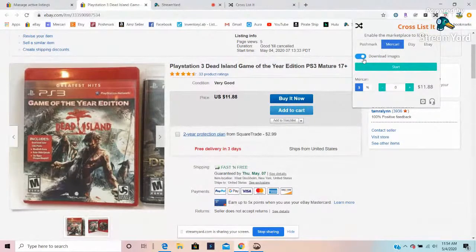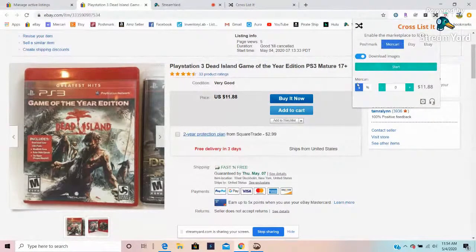But if you don't have the photos handy, you can have it download these images that are on your eBay listing. I like it because if I'm using the new background app that removes the background, then the photos I upload to Mercari are those edited images.